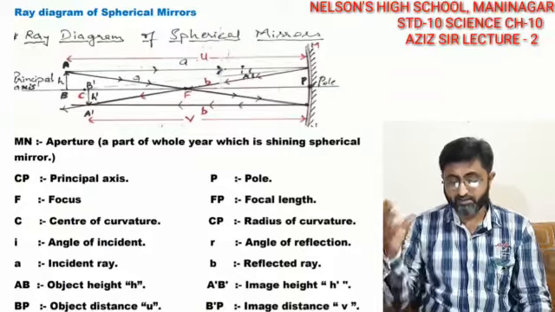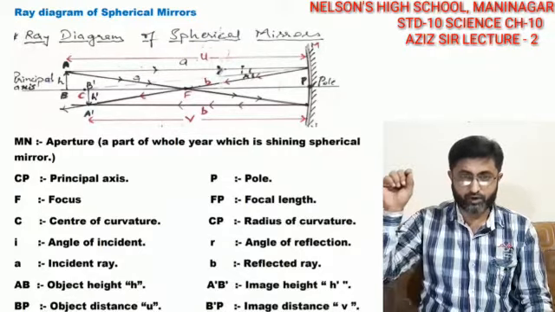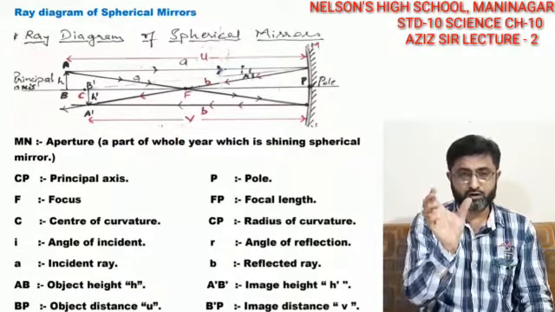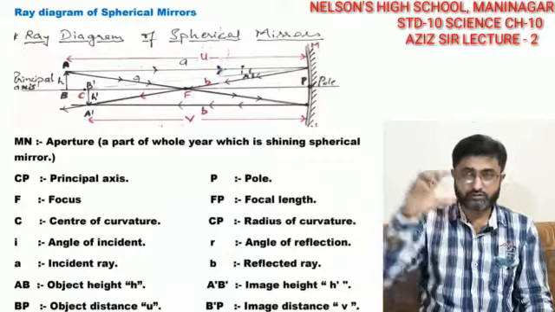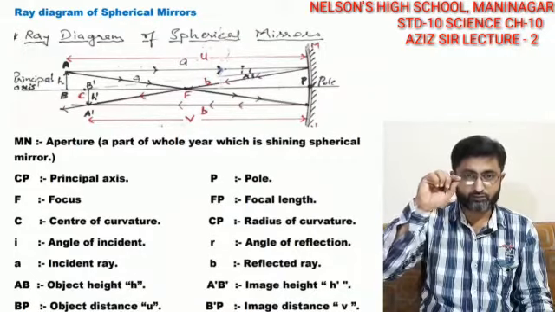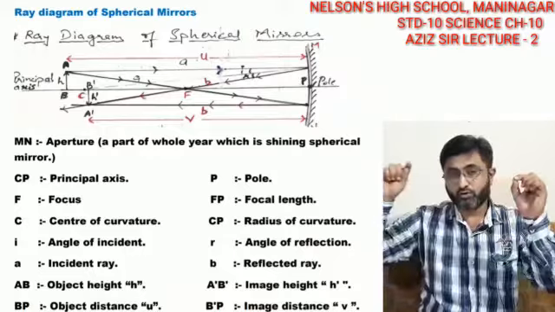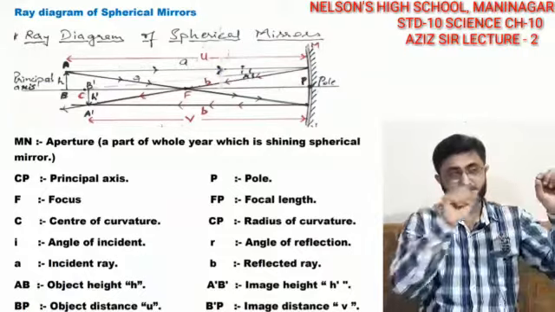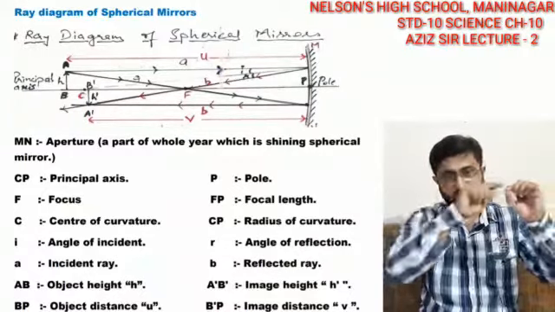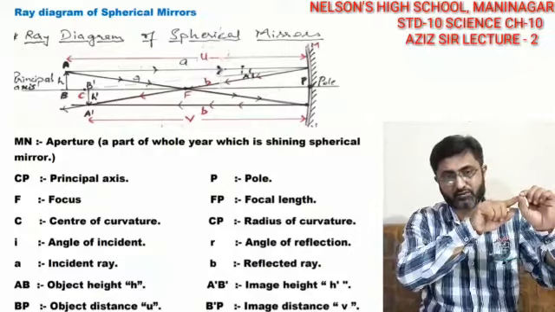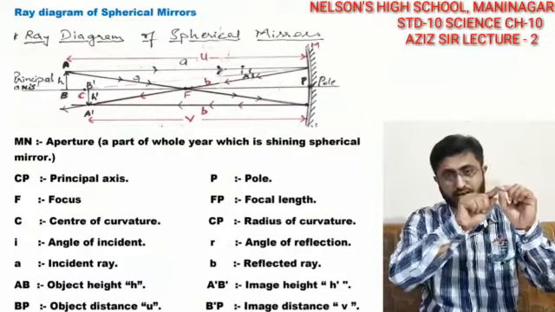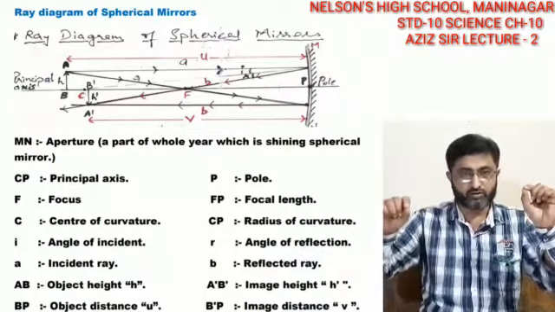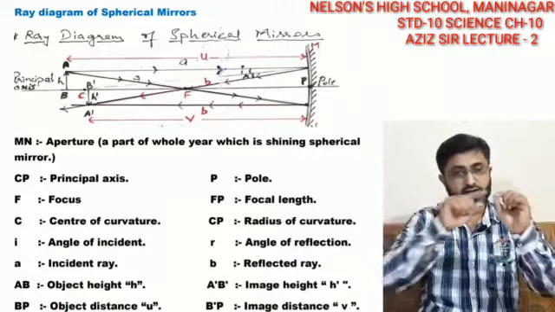Now in the same way, P is a pole, the P point is particularly the pole from CP, and FP is the focal length. Now what is a focus? Focus is a point on which all the rays are converging. That is called the focus point, and the distance from the focus point to the pole is called the focal length. The same way CP, C is a point that is called the center of curvature. That point is mentioned as the center of curvature, but the distance from C to P, that is the radius of the arc or aperture, is called the radius of curvature.